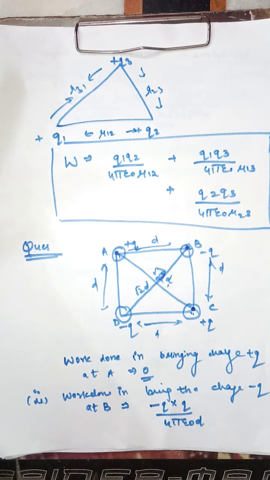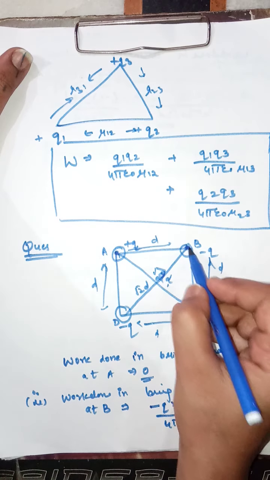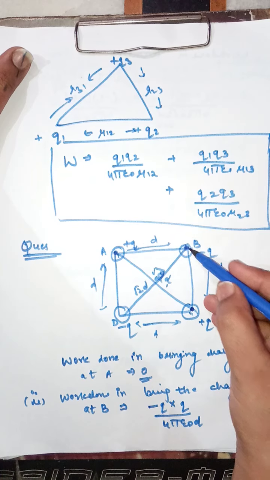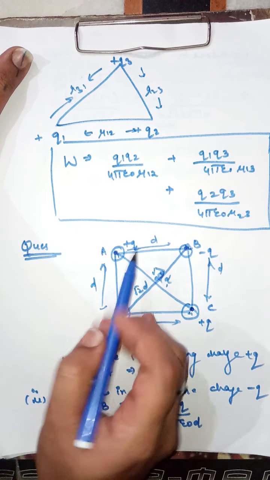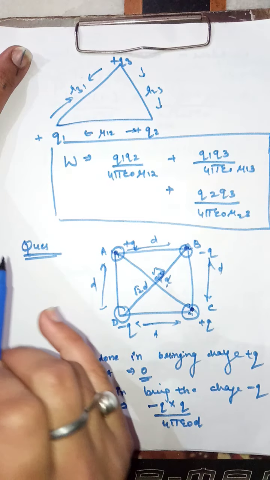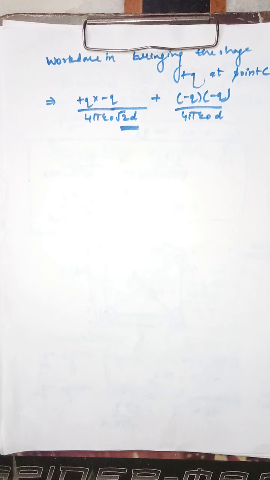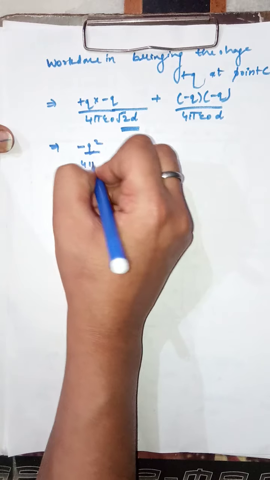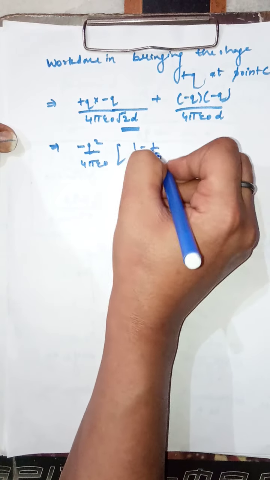Again, I am repeating, when I have to calculate the potential or the work done in bringing the charge at point C, we have to represent a term due to this charge, the attraction between these two charges, and due to this charge, the attraction between these two charges. The separation between these two is d, and the separation between these two is root 2d. So, root 2d is going to come in picture. This is root 2d, the separation between the charge placed at point C and the point A respectively. So, by using simple mathematics, we achieve this simple term.